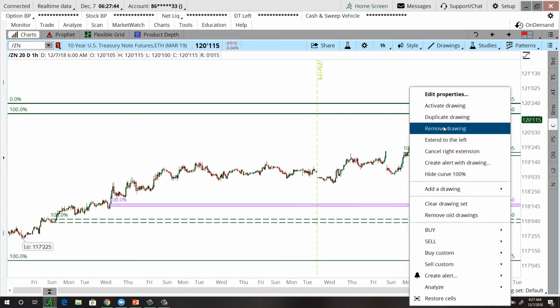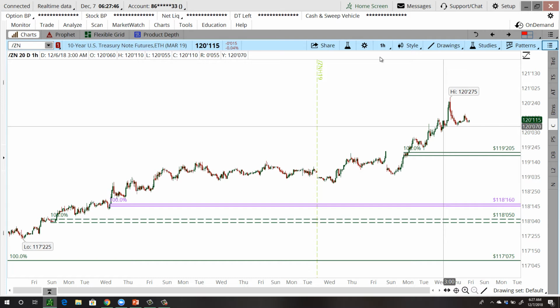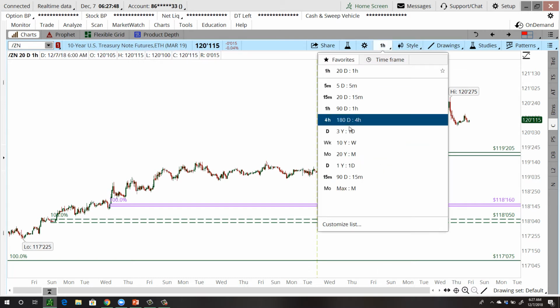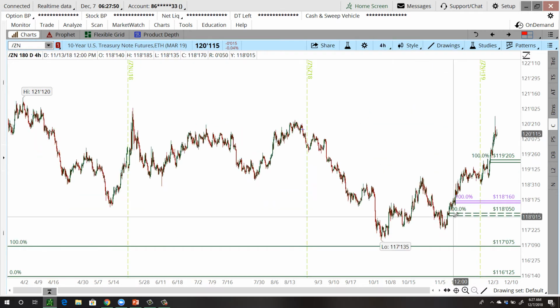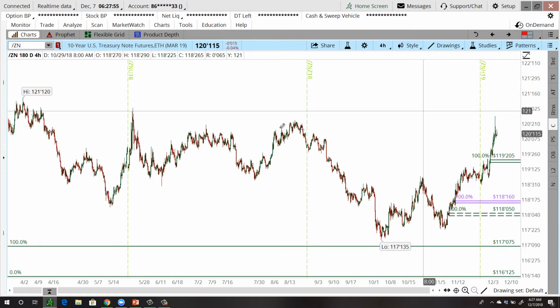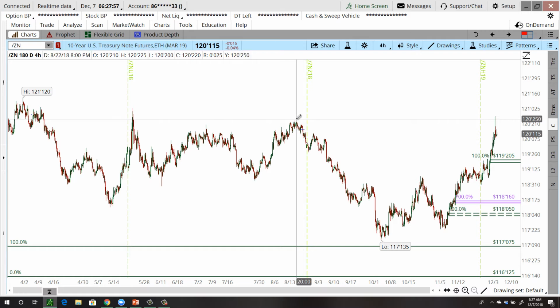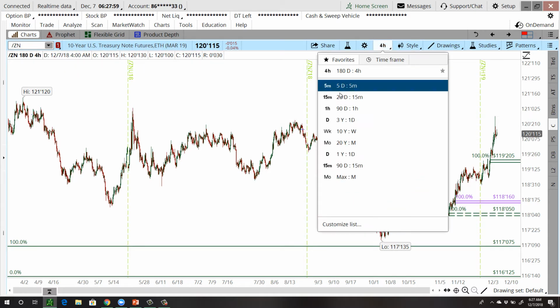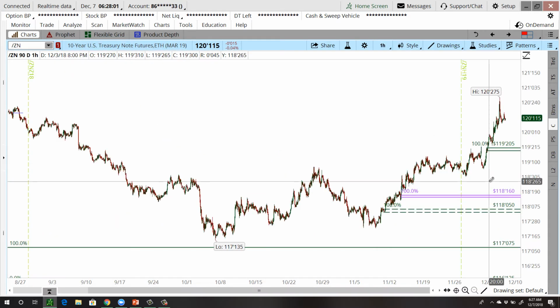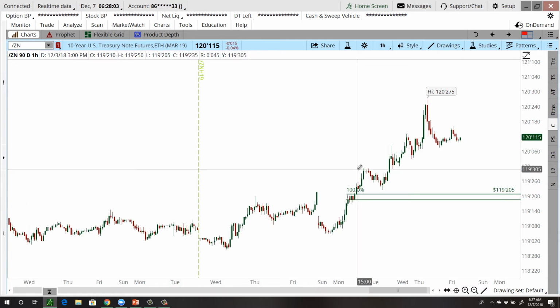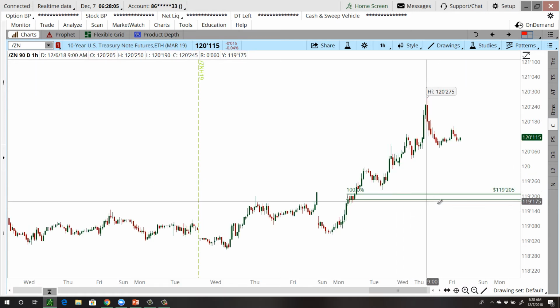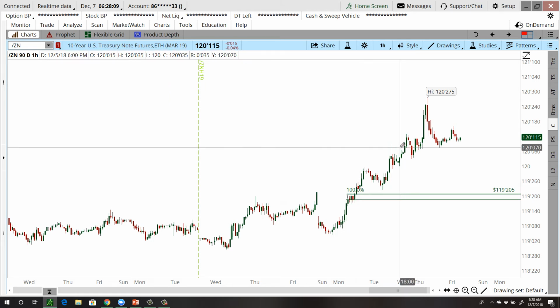Now, for those of you that were in the live trading room yesterday morning, we had talked about how, yes, that was still a level, but it was not necessarily a level we were going to short off of. And that's because the trend was so strong, and our 4-hour level up here had been hit a number of times. It was really more of an opportunity to get long when price comes back down to our closest demand. Now, this is really our strongest area here of demand, and it's fairly far away, so I'm not sure we're going to make it all